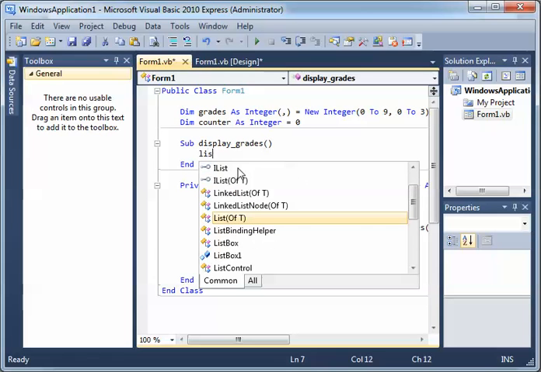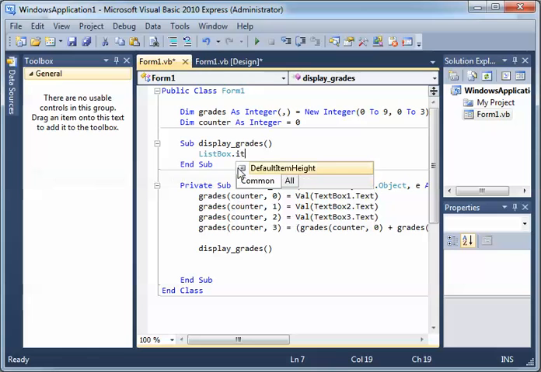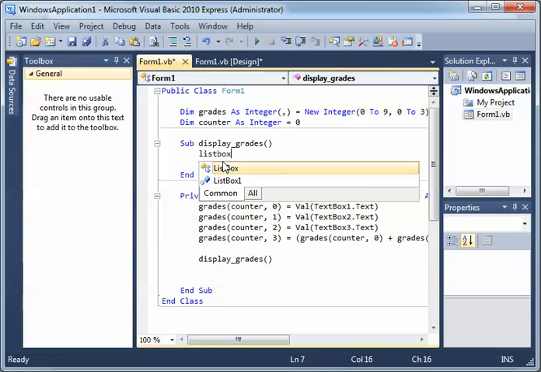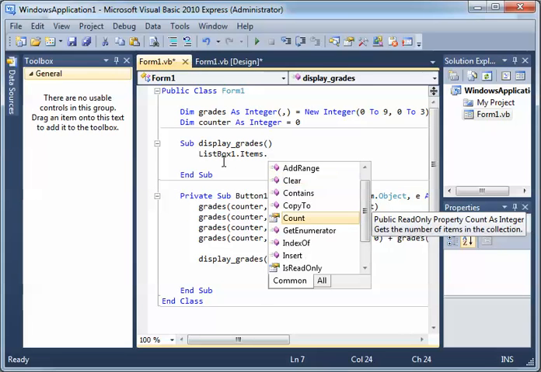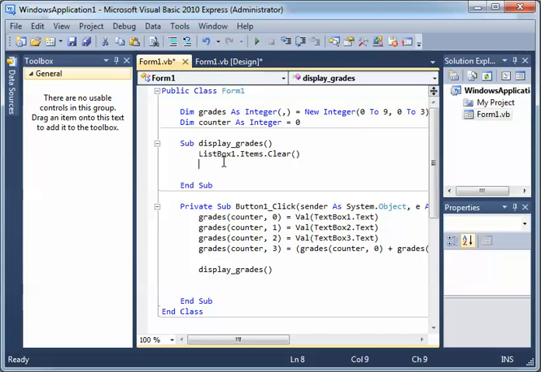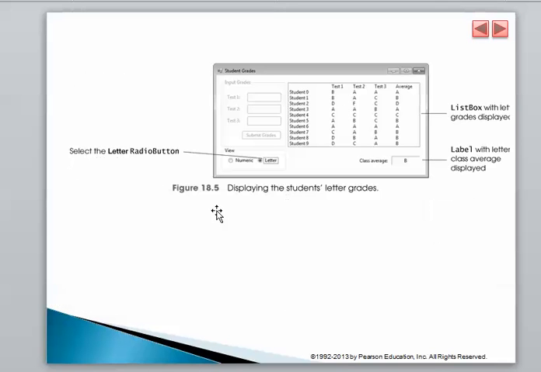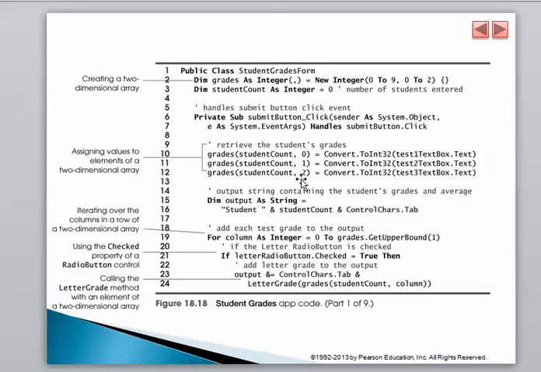I'm going to say, okay, there is a list box, items. So in my sub display_grades, we're first going to do the following: ListBox1.Items.Clear. I just want to be sure that there is nothing there, and then I will go back over here. I think this is okay because they want to have the students